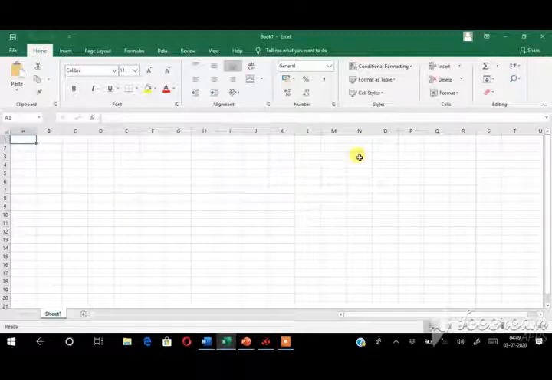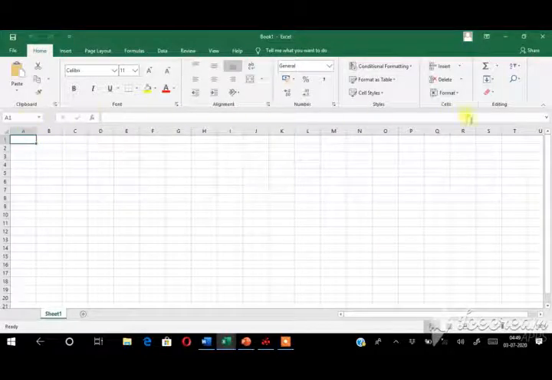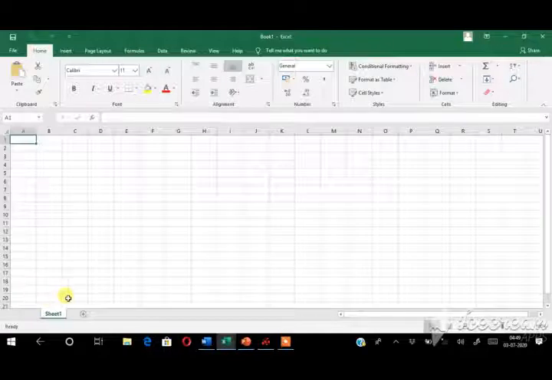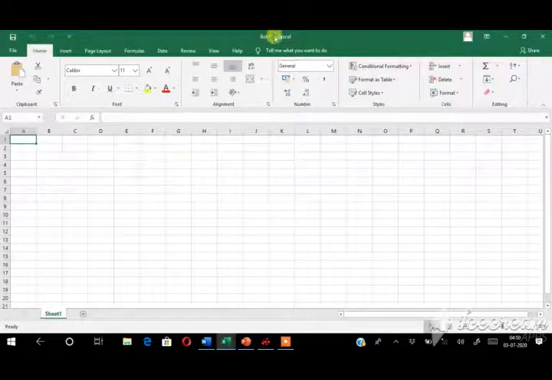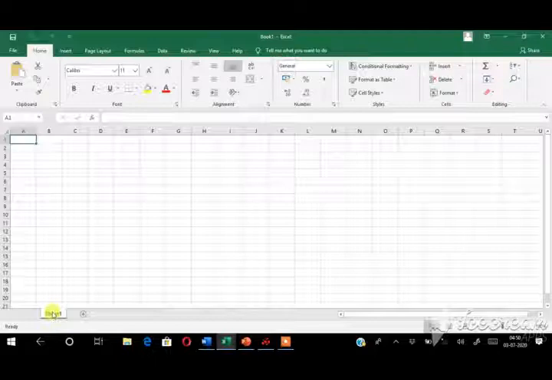So this is the screen of MS Excel. You already know that one. Now see here, this is the sheet. Sheet means this is the page of MS Excel. The collection of all the sheets is called the workbook. You already know that in a book, there is a collection of pages. Same like here, we can say all the pages, not pages, we say